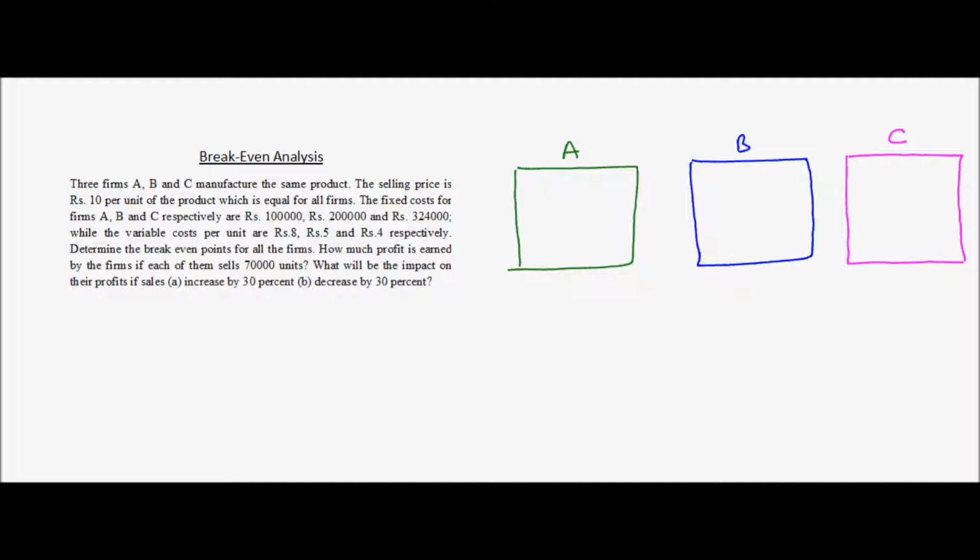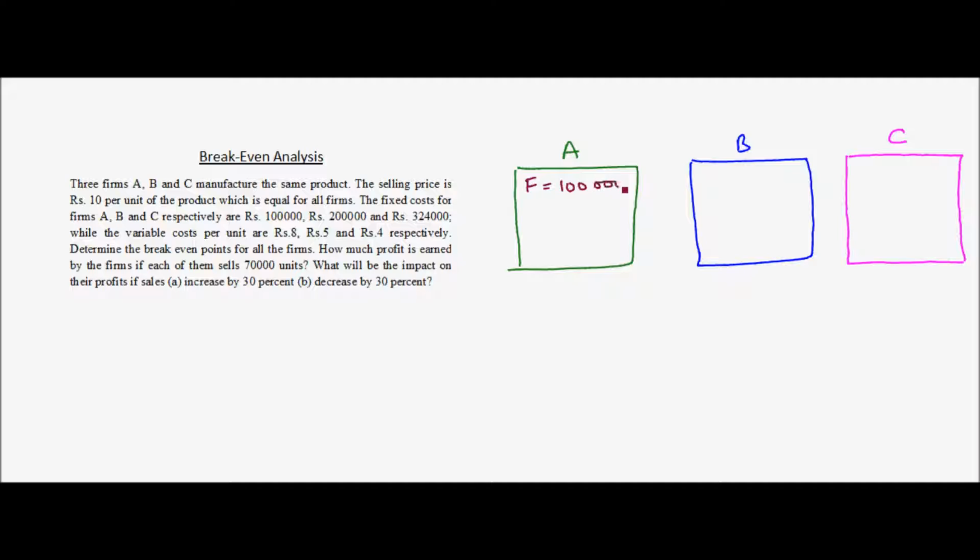Also, they must have bought or leased the machinery which they are using for manufacturing. All these components add up to the fixed cost for the company, and the fixed costs have been given as